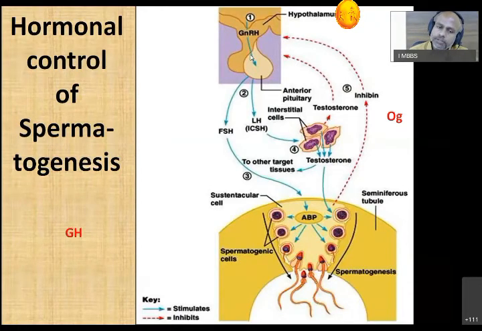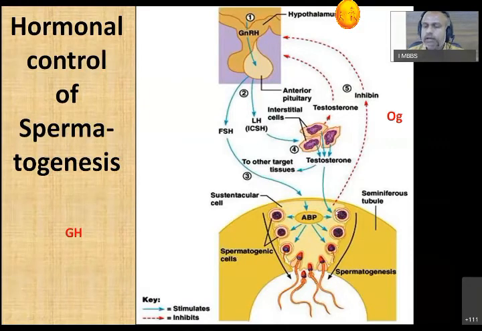Negative feedback and positive feedback you all learned in the first lecture of physiology. Homeostasis: the concentration of hormone is kept constant in your blood by negative feedback. Likewise, the testosterone concentration is also kept constant by negative feedback over the hypothalamus and anterior pituitary by regulating the secretion of LH and FSH hormone. The regulation of formation of sperms per day is by FSH, and the regulation of secretion of testosterone is by negative feedback.